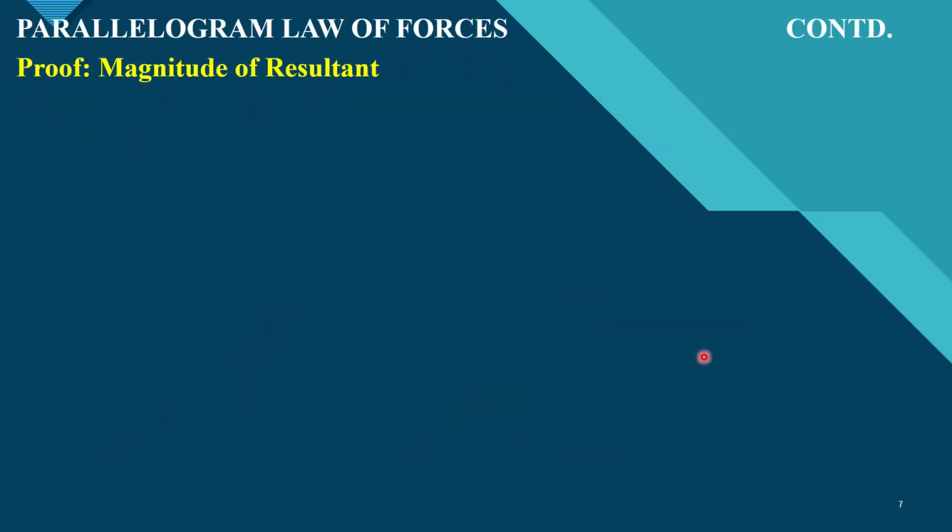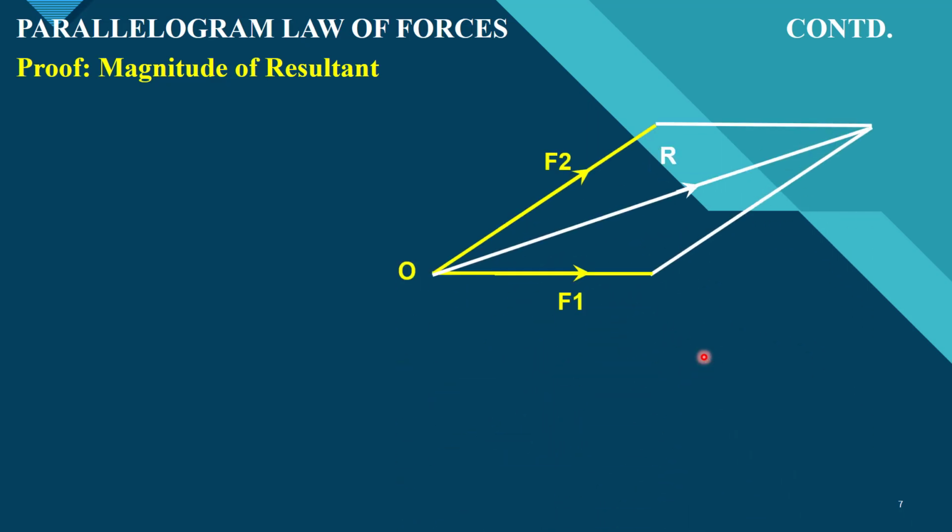Now we need to find the formula for finding out the resultant force. For that, I have drawn the parallelogram here. I have marked forces F1, F2 and the resultant force. Now I have named the parallelogram as OACB. For finding out the magnitude of the resultant force, I have completed a new triangle ACD like this. The line of action of force F1 is extended and then I have dropped a perpendicular from C. Right, so ACD denotes the right angled triangle.